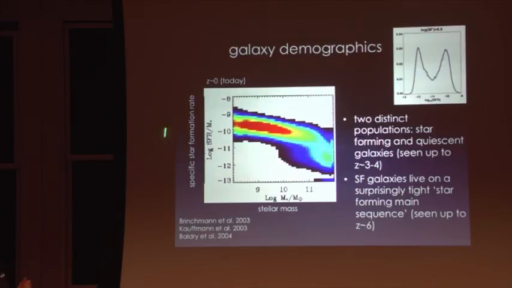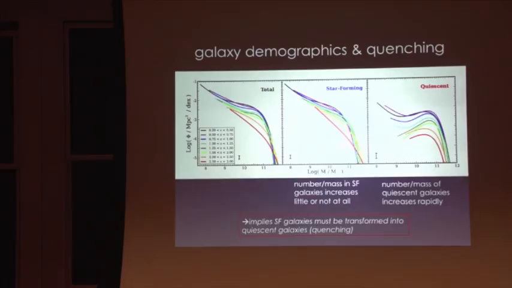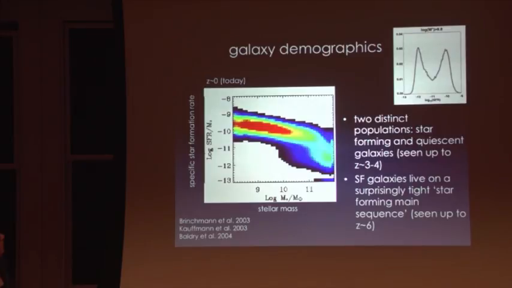And so this is shown here for results from the Sloan Digital Sky Survey in the nearby universe. But with CANDELS and other surveys, we can now see these two populations out to a redshift of 3 to 4. So there are still quiescent galaxies out at redshifts of 3 to 4. And this star-forming sequence, although the normalization moves up as we look back further into the past, it remains rather tight all the way back to a redshift of 6, where we can now probe this. I'm sorry, I've cut off the units there. So this is actually, yes, reciprocal years, exactly, in log. Yep.